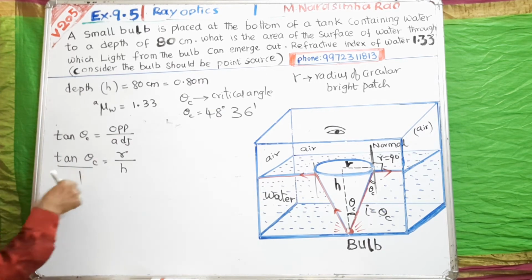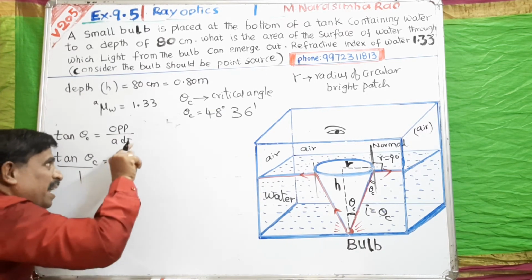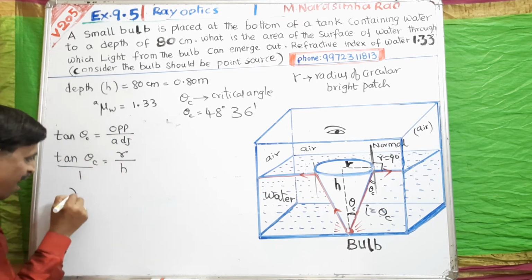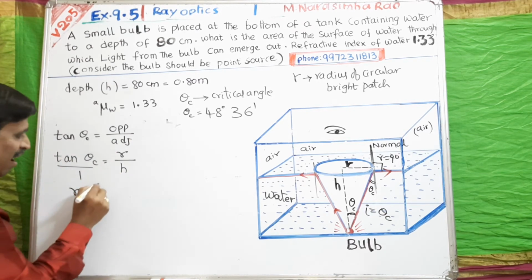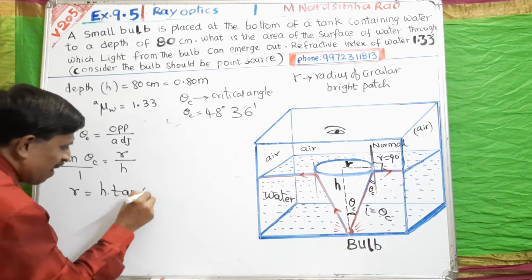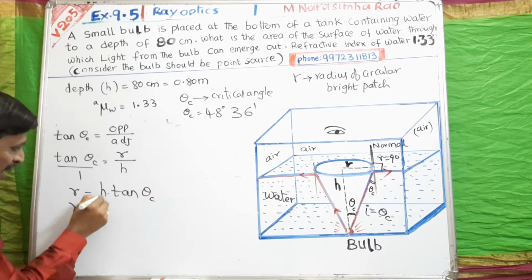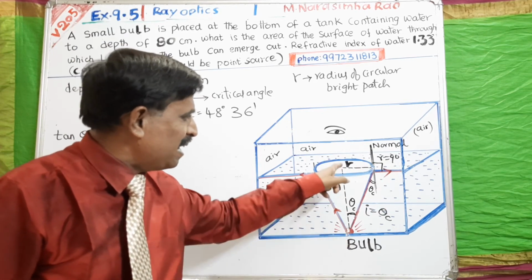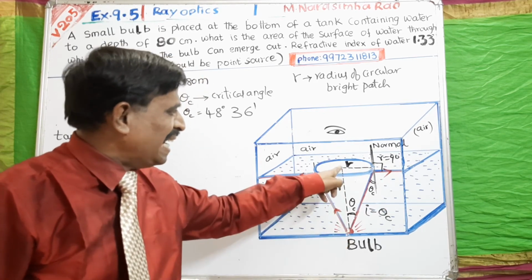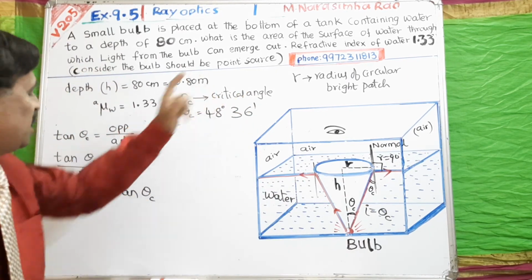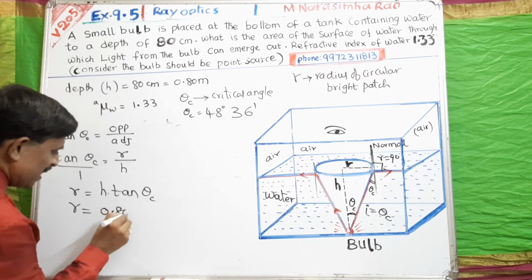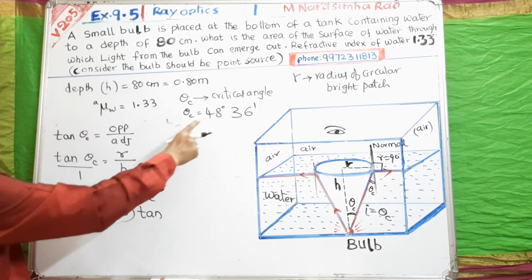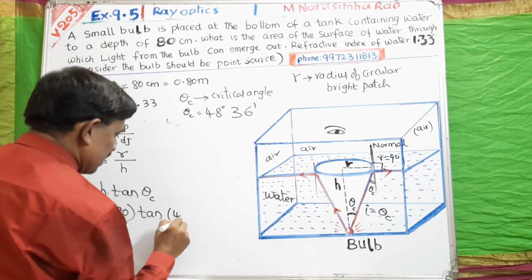Now, here the denominator is 1. On cross multiplication, 1 into R is equal to H into tan theta, so R is equal to H tan theta c. H means the depth of the bulb in the water. It is given as 80 centimeter, 0.80 meter. H is 0.80 meter, and tan of the critical angle 48 degree 36 minute